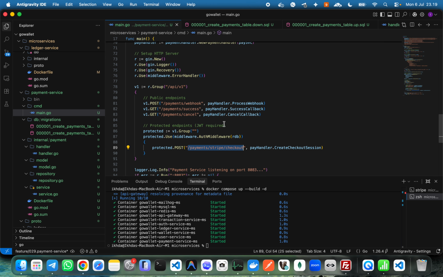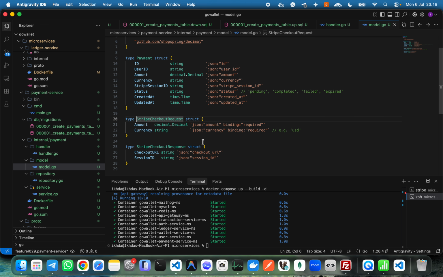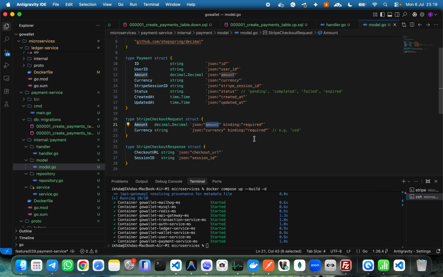And then with the body, what is the body? We need to check. The body is stripe checkout request, which is amount, and then currency. Amount, I think the JSON should be fine here. Amount 100, 1000, 300 or 80, yeah, just 500, 400. What is this? It should be decimal for the request. Then after that, currency,